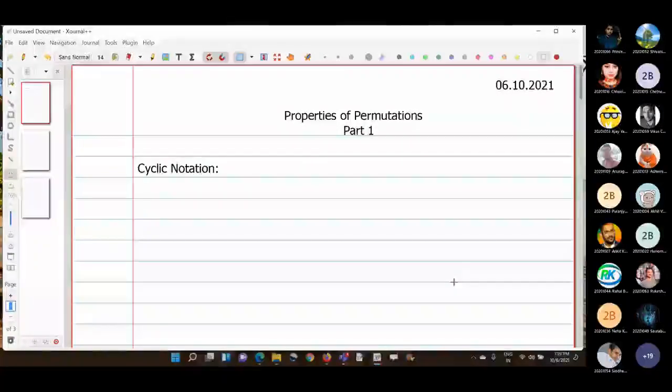So welcome back again. Today we are going to continue our discussion on permutations. Yesterday we talked about some cyclic notation of permutation. Of course, we have also revised what a permutation is and then certain examples also, the examples particularly related with the